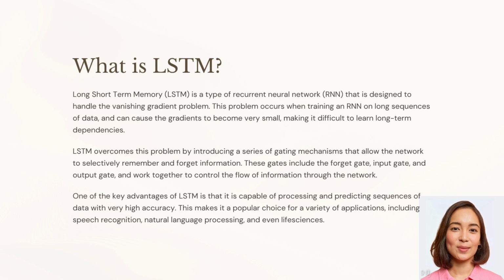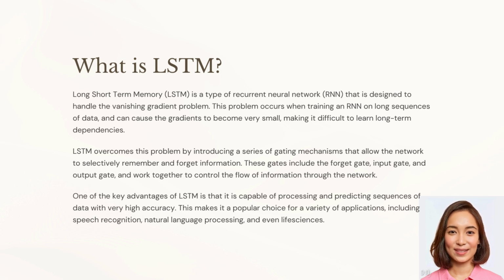the vanishing gradient problem. This problem occurs when training an RNN on long sequences of data, and can cause the gradients to become very small, making it difficult to learn long-term dependencies. LSTM overcomes this problem by introducing a series of gating mechanisms that allow the network to selectively remember and forget information. These gates include the forget gate, input gate, and output gate, and work together to control the flow of